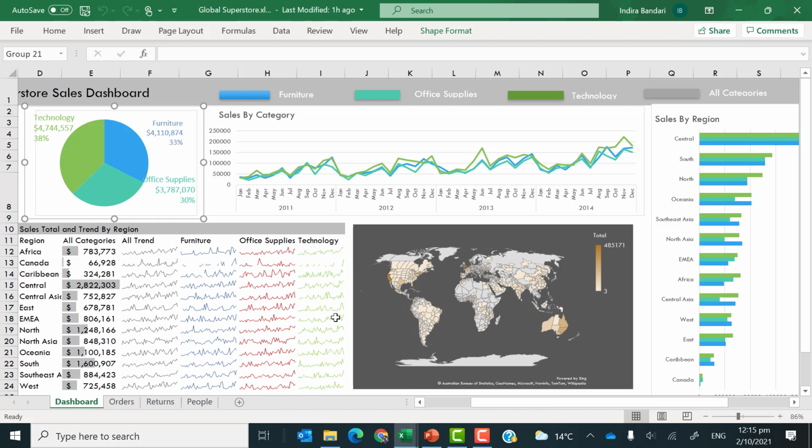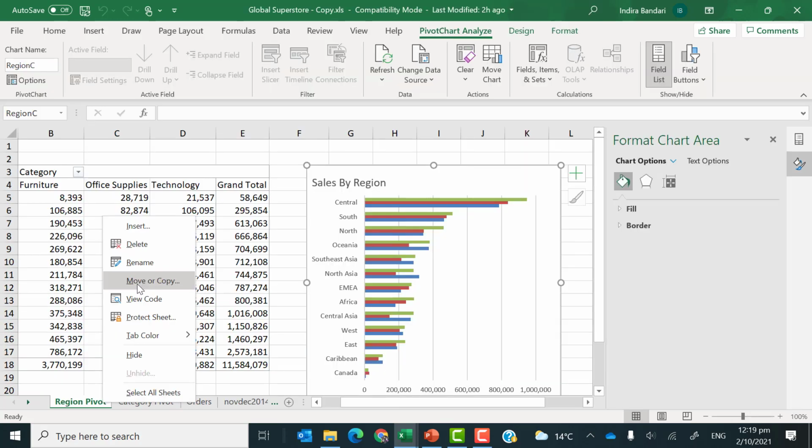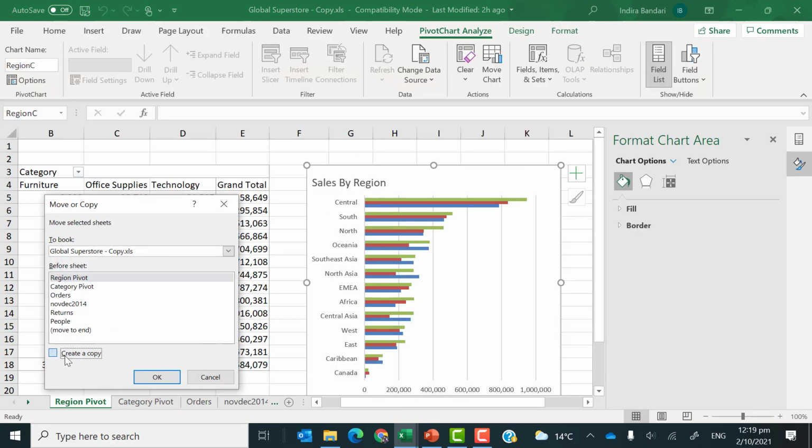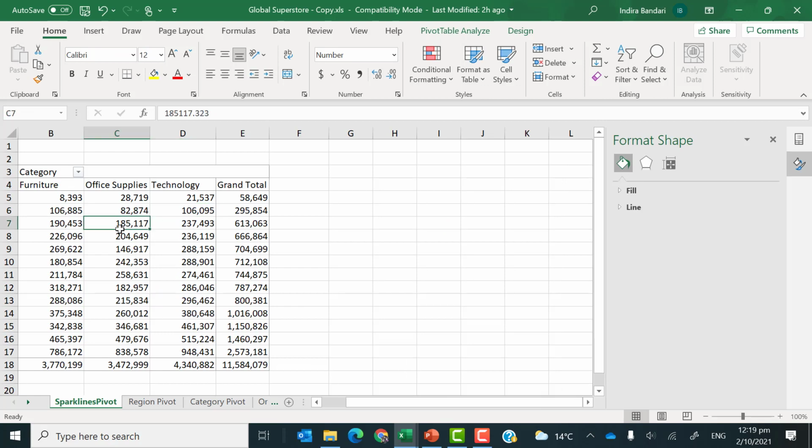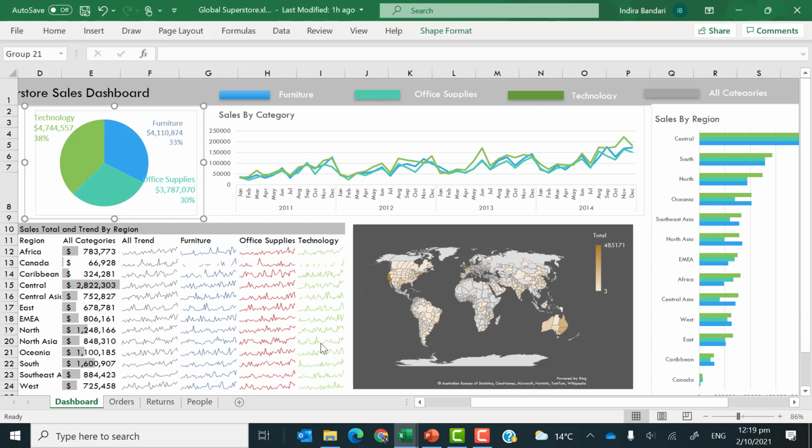So let's go and maybe do the sales total and trend by region pivot, and create a copy and rename that to, let's say, Sparklines pivot chart, pivot sheet, and also rename this pivot. I'm going to delete this graph. And if we go back and look at this